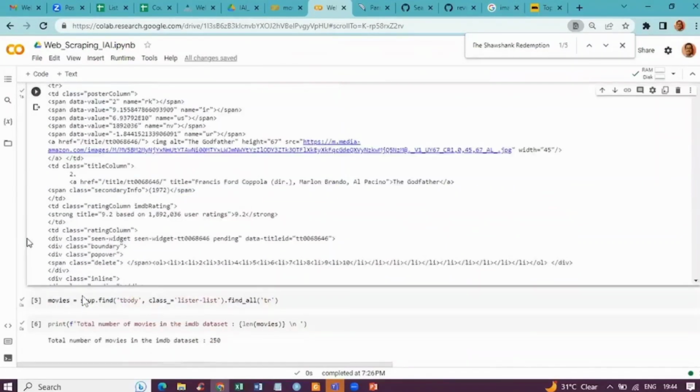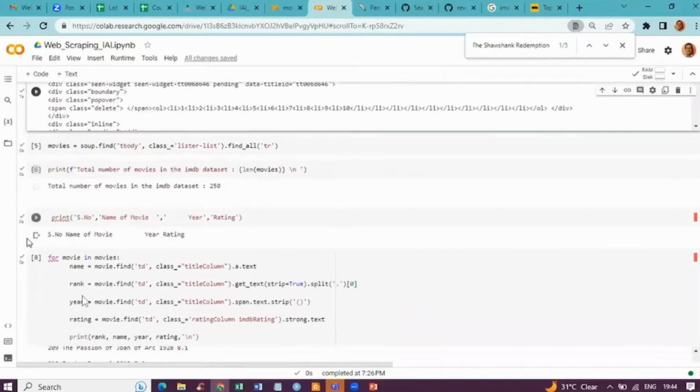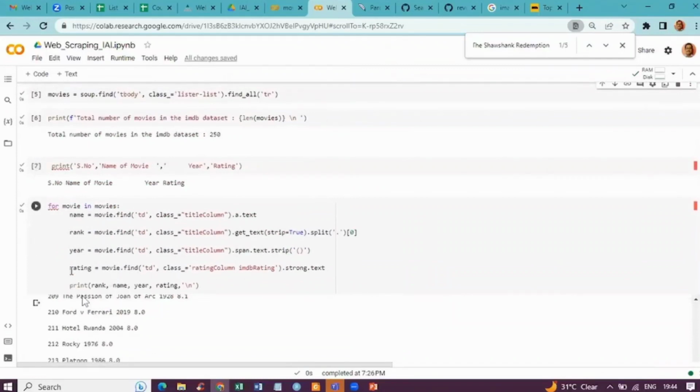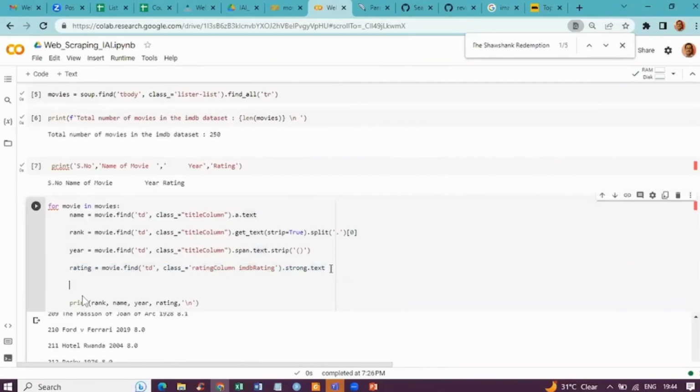I should put an ampersand or something. So I say number of ratings. I'll go up to here and still remain the same. So here, instead of getting the text,